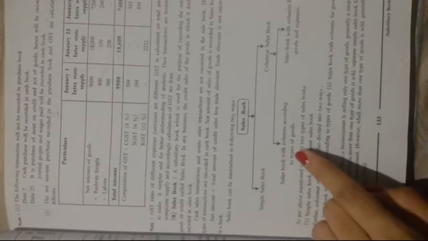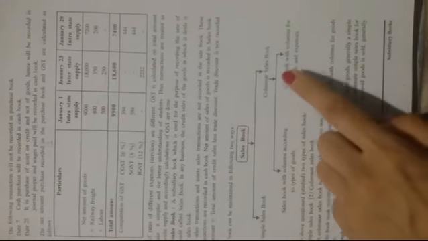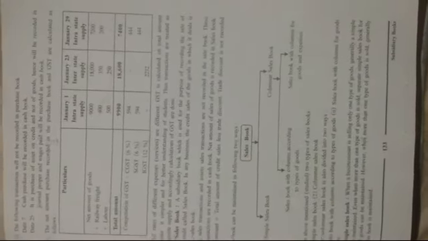Under columnar sales books, again two types of columns can be made, that is sales book with columns according to the types of goods, and sales book with columns for the goods and expenses. So as per the above, there are two types of sales books: the simple sales book and the columnar sales book. Now let's start with the detailed discussion.